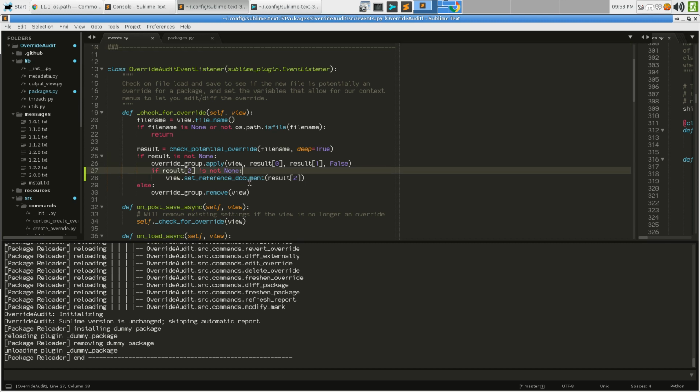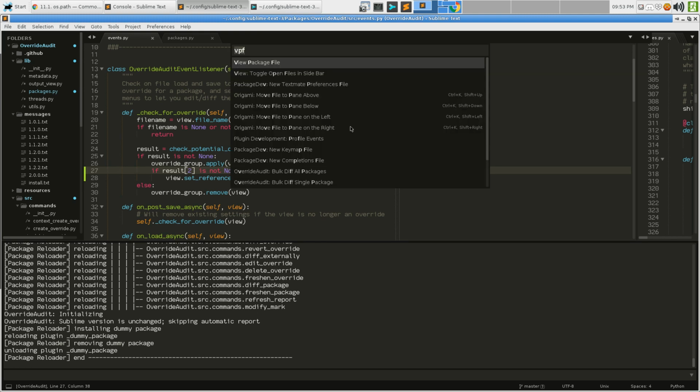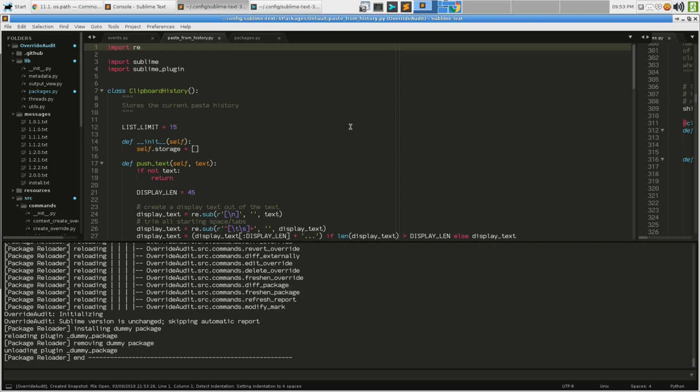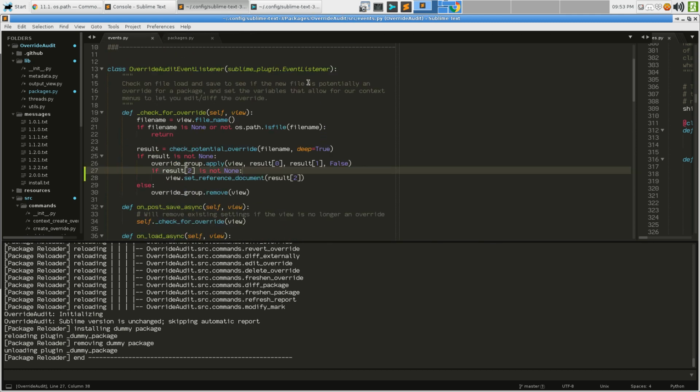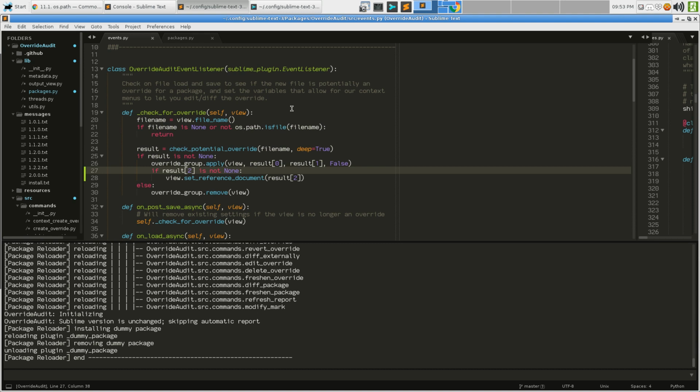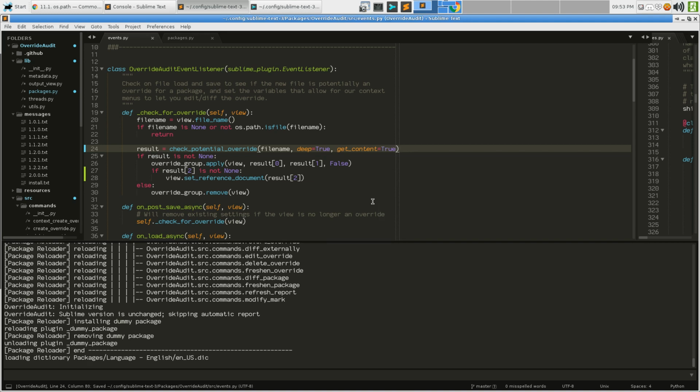if the second result is not none, set the reference document. We haven't asked for get content here. So if we use view package file for paste from history, we don't get anything special. It's just doing what it would do before, which is compared against the underlying file. But if we modified this to say that, so if we said get content equals true here and reload it,